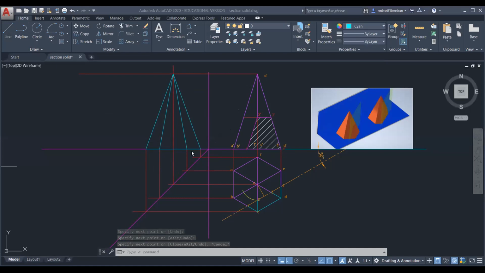So in this way, you can complete the side view. So just draw the complete side view without considering the section.